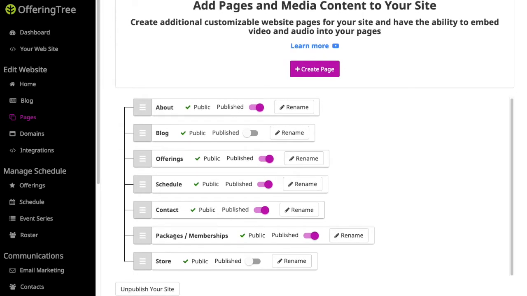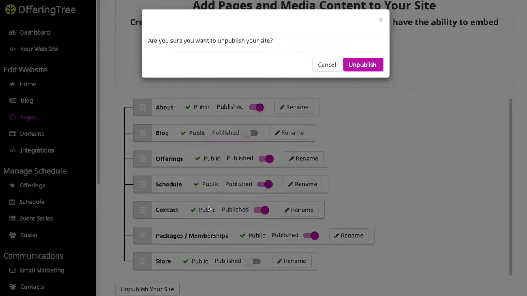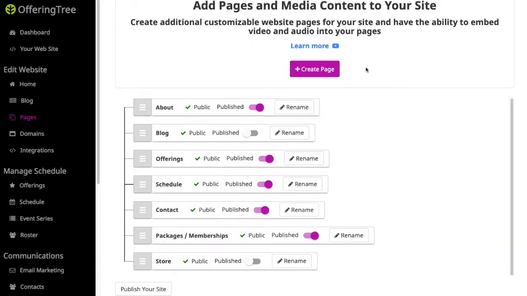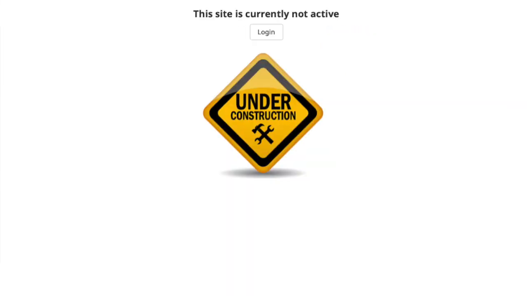The other thing that you can do is that if you are working on your site and you're not ready to show it to the world yet, you simply click on Unpublish your site. It'll ask you, are you sure you want to unpublish your site? If you hit Unpublish, that means that your entire site is now unpublished. So now when I go back to look at my website, you'll see that it has an under construction sign for anyone that's visiting it